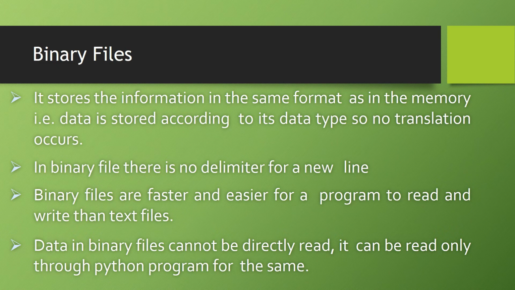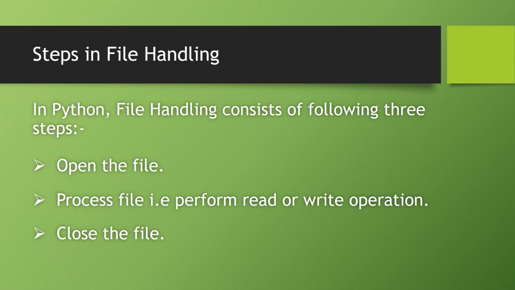opening it. What are the basic steps in file handling of program? There are three basic steps. First step is opening the file. Now, why is it necessary to open the file? Like we want to write in a notebook, before writing, it is important to open it. So we do it physically, but when we are dealing with programs through data files, we need to open that file through a programming statement.